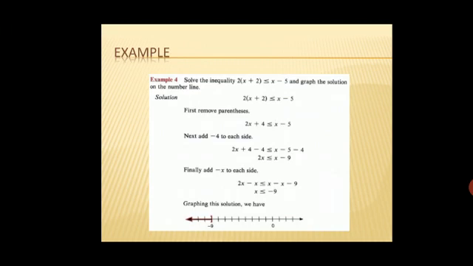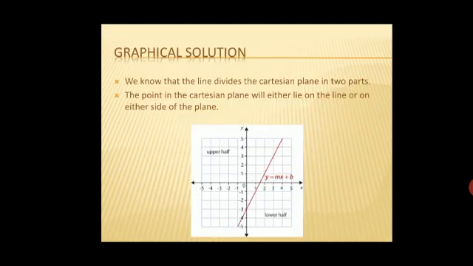You can see the inequation. First we remove the bracket there, and then we subtract 4, and then we add minus x to both sides of the inequation. In this manner I got the solution, that the solution set for this particular inequation is nothing but all the numbers which are less than or equal to minus 9. So you could see the closed bracket sign on minus 9 because minus 9 is included in this. Now this was just a line which was telling us about the solution set.